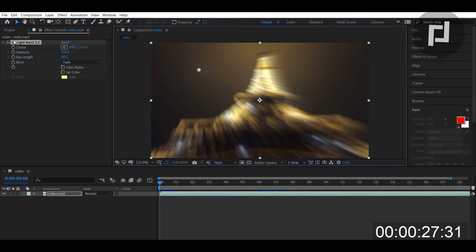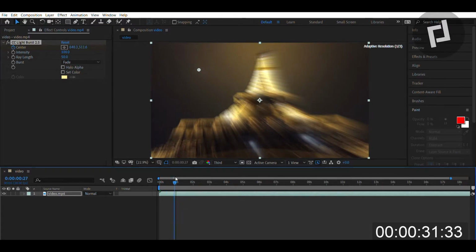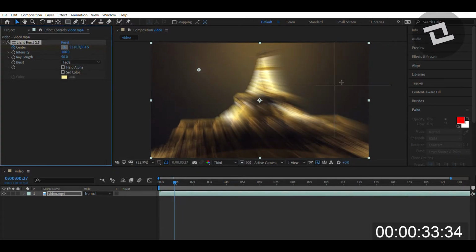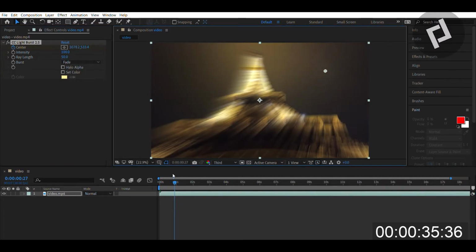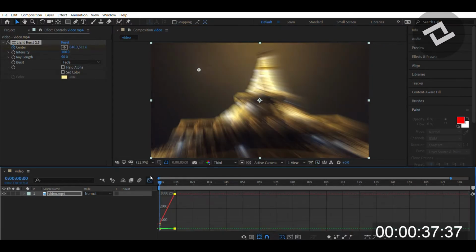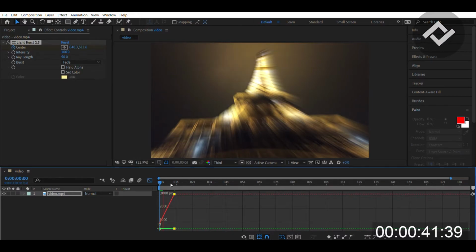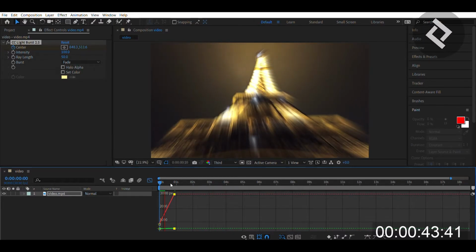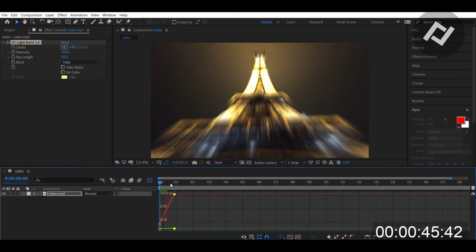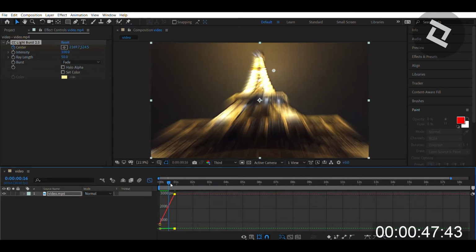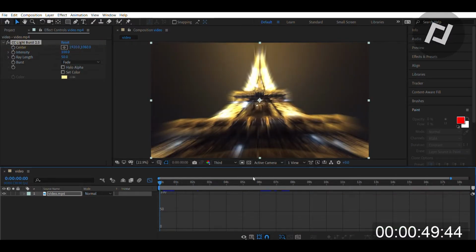You can also have these amazing keyframes where at 1 second it's there, and then at the next second the center point is moved to here. And then you'll actually make your entire shot look like it's moving. And that's just really impactful because that makes the entire shot look as if it was moving and it could be a still shot. So we're going to go back and get rid of those keyframes